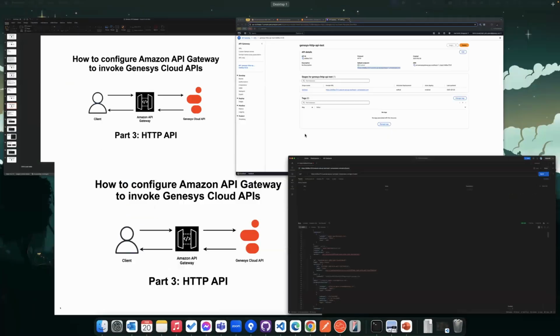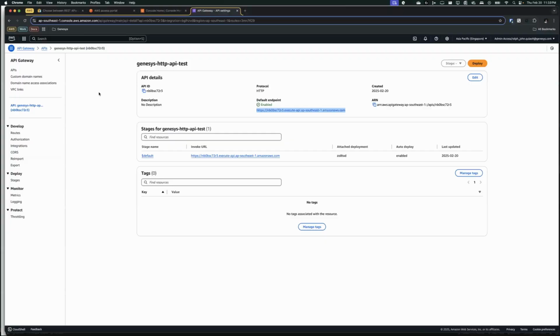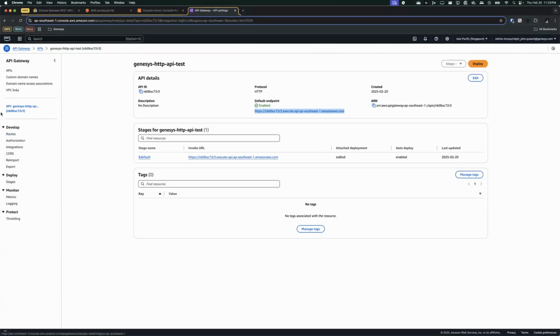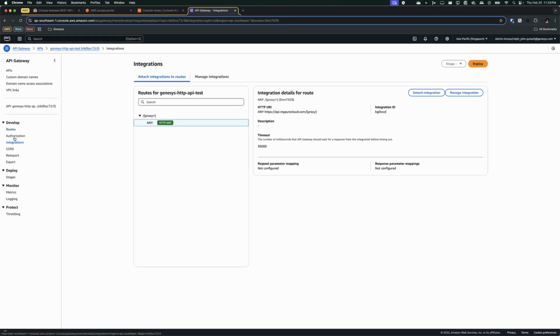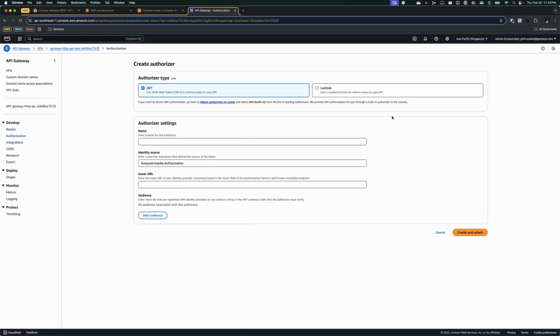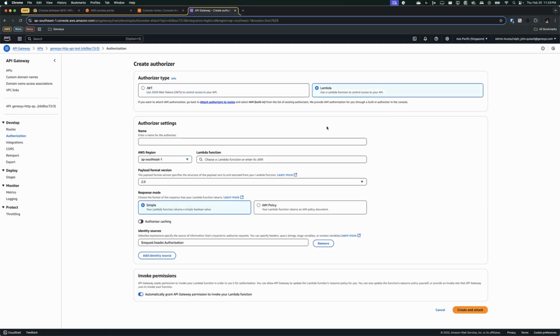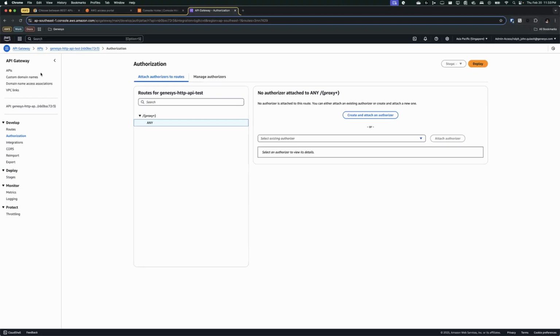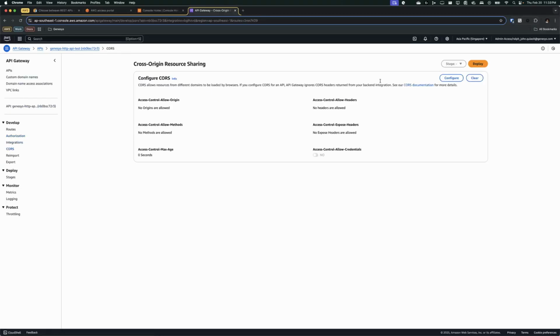The HTTP API also has features here, which we have discussed previously, like authorization. For each route, you can set up different authorizations. So you can select IAM or you can create a JWT authorizer, you can make a Lambda, but we won't be discussing how to do these. There's also CORS configuration,